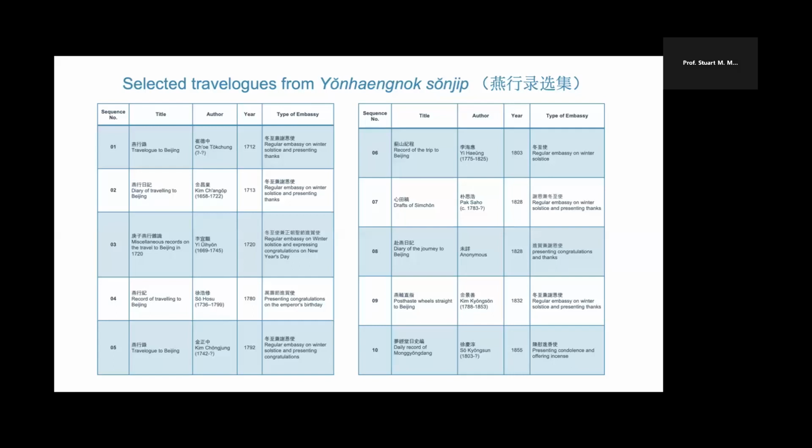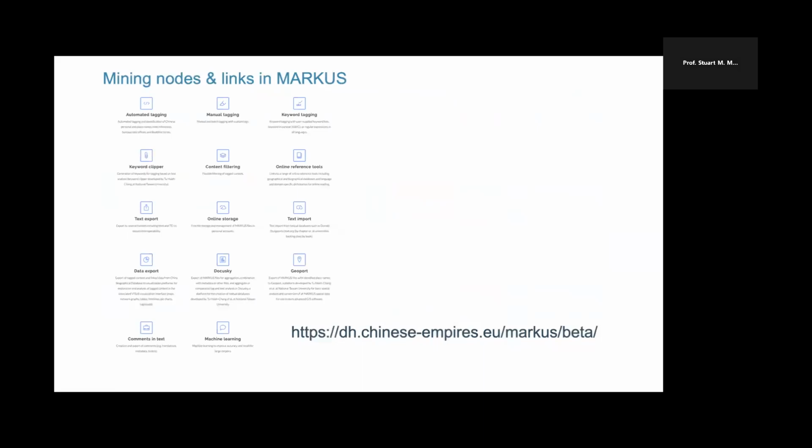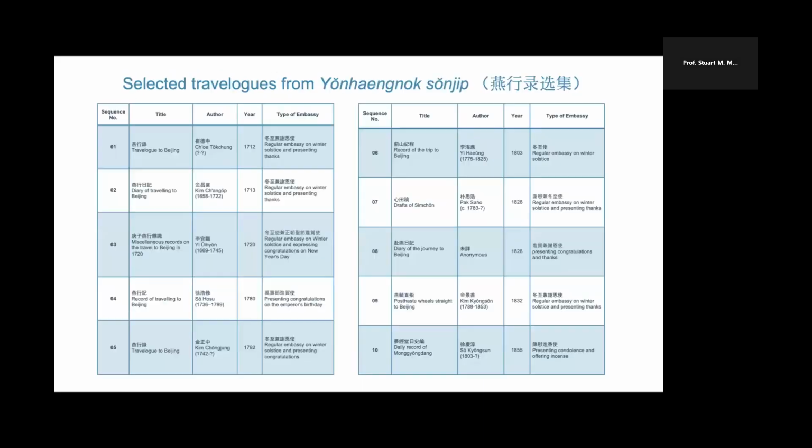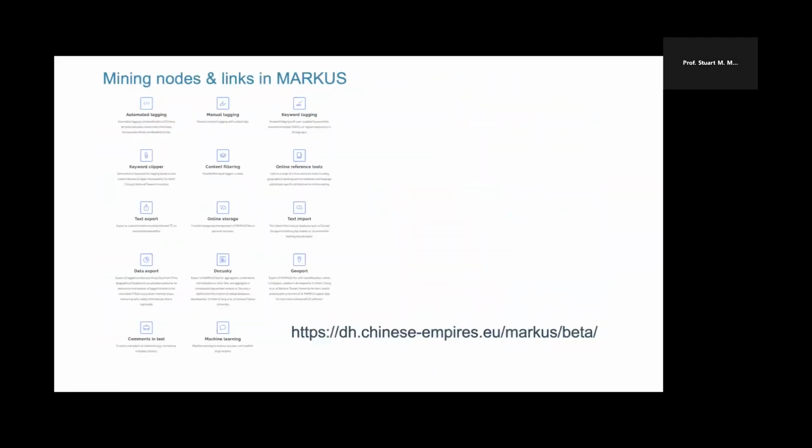All the full text there are open access. That is another advantage of conducting research in Korean studies, because we can find lots of data with open access. So for this research, I just downloaded these 10 travelogues from their website. And after I have the full text of these 10 travelogues, the next step is how